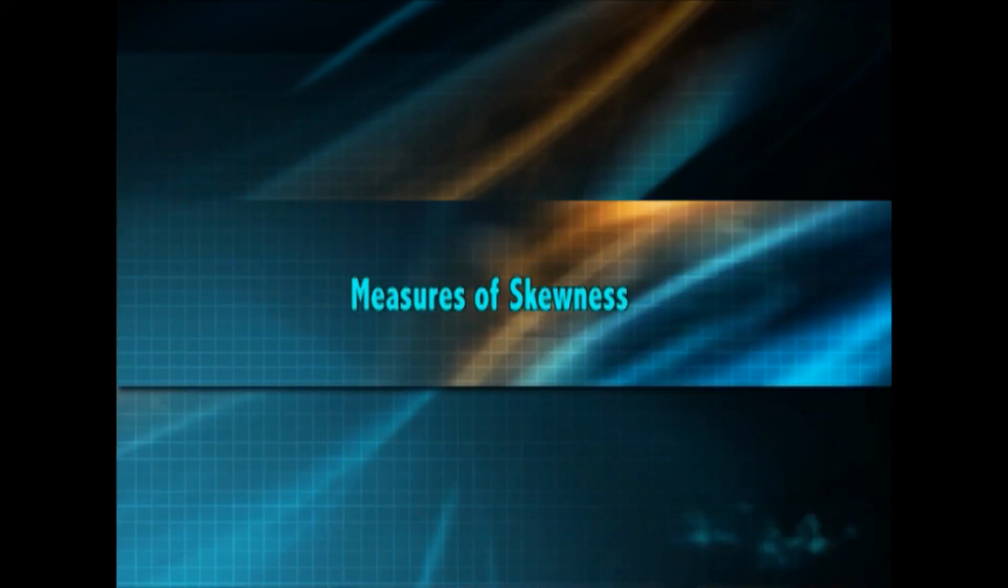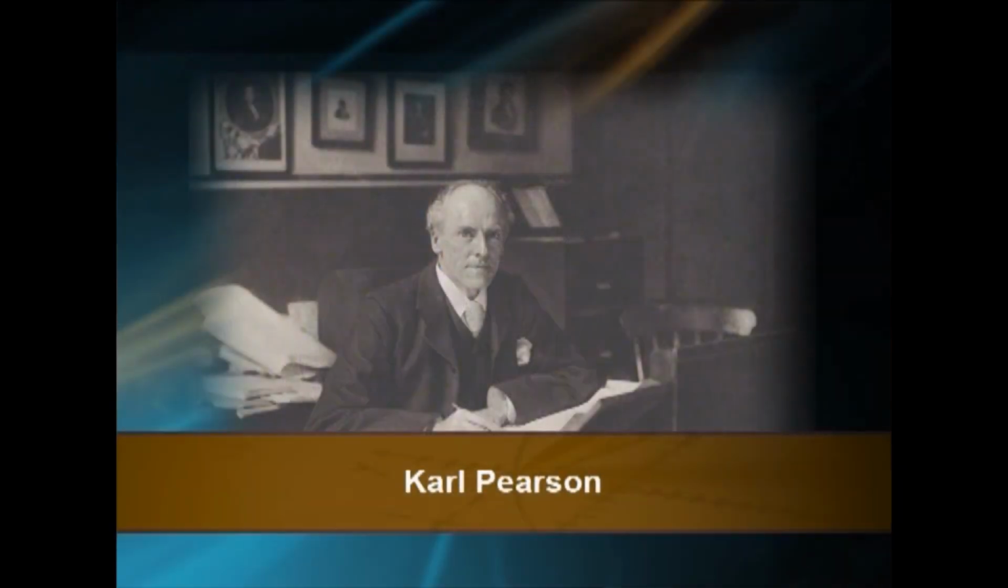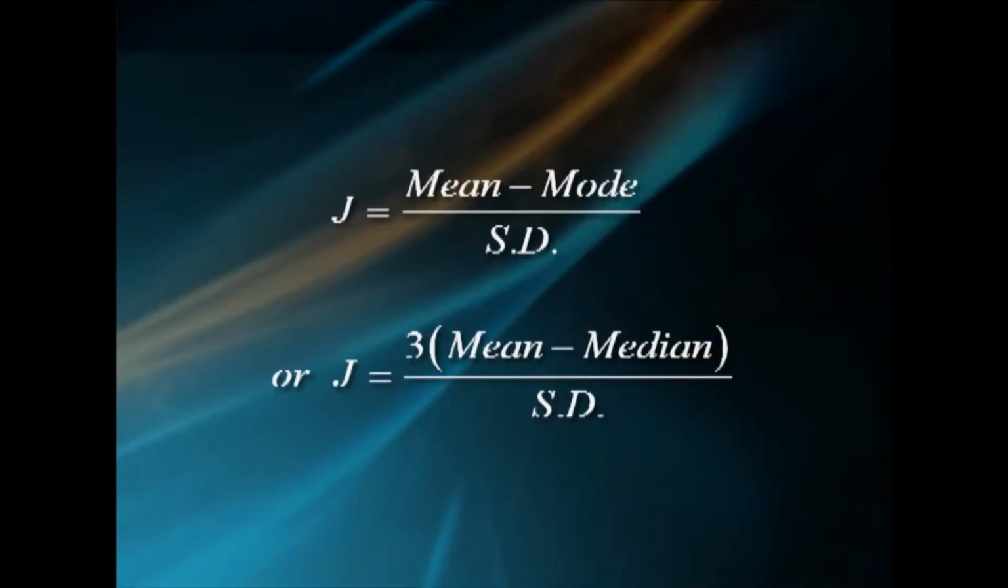Measures of skewness. The measure of symmetry of the given set of observations is the measure of skewness. The following are some important measures of skewness. 1. Pearson's measure of skewness. The coefficient of skewness suggested by Karl Pearson is denoted by J, where J equals (mean minus mode) by SD, or J equals 3 times (mean minus median) by SD. The value of J ranges between minus 3 and plus 3. J greater than 0 for positively skewed, J less than 0 for negatively skewed, and J equal to 0 for